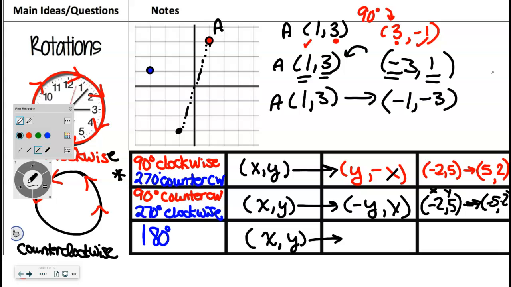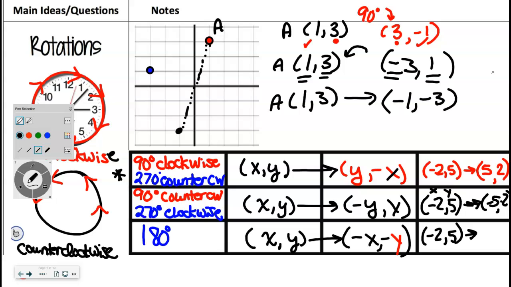It's the easiest of the 3 rules because it looks like all it did was do the opposite of the x and the opposite of the y. There's no switching around. So that one's really easy. So let's take -2, 5, and this time I'll walk down that side of the room. And we are going to rotate it without graphing it